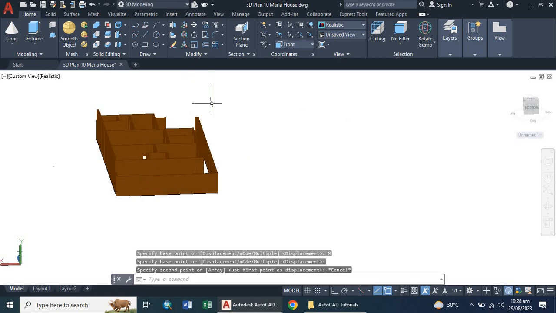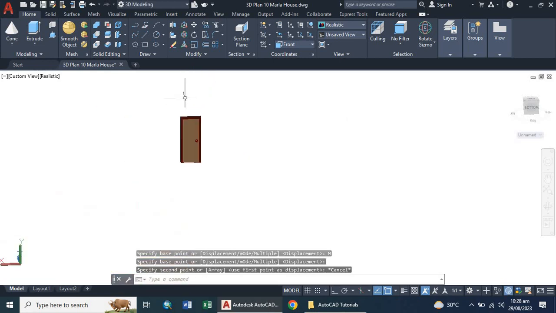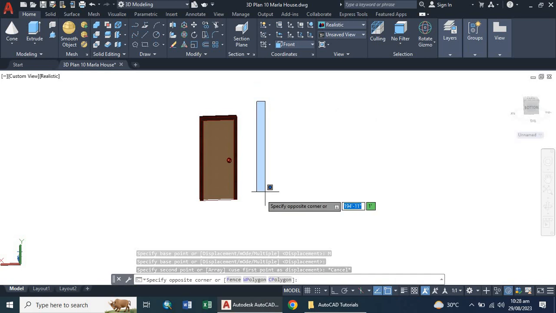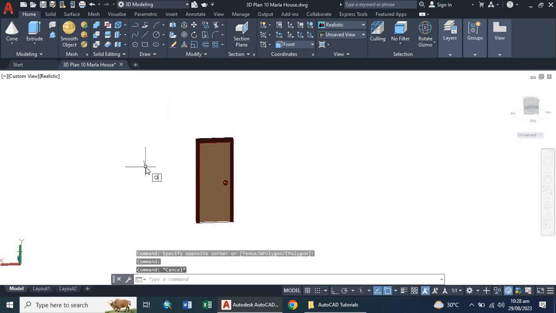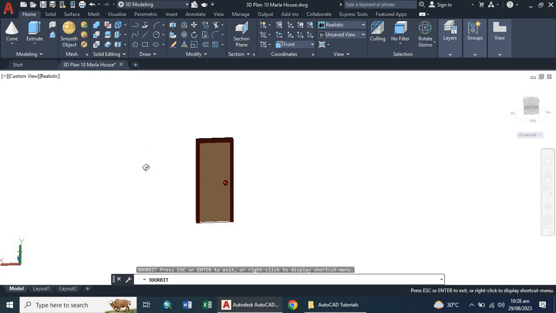Actually we are in the wrong view. First of all, we have to rotate our door. Again we are changing our view. In 3D you have to change your view many times, because